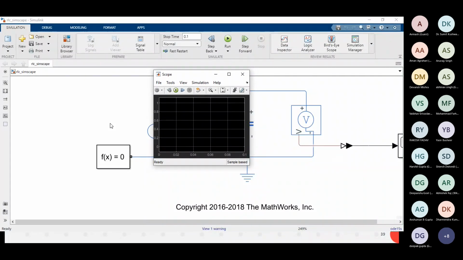But these components are designed with the help of a special type of language. This is called the Simscape language. So we cannot directly connect a Simscape component and a Simulink component, but we